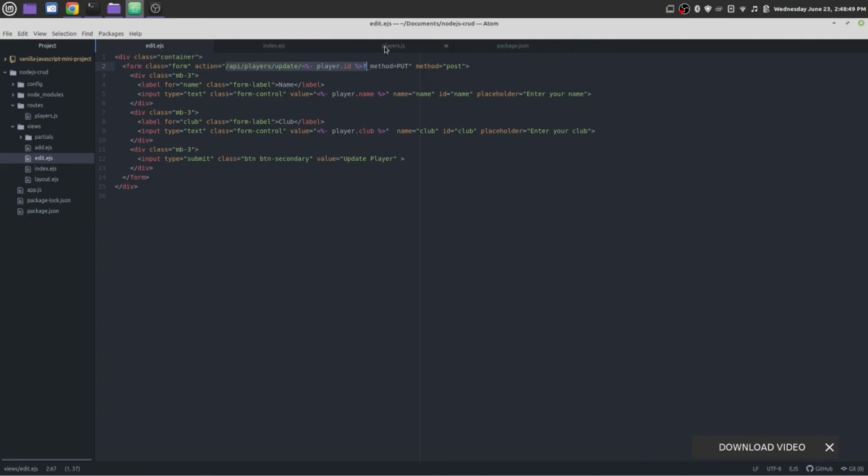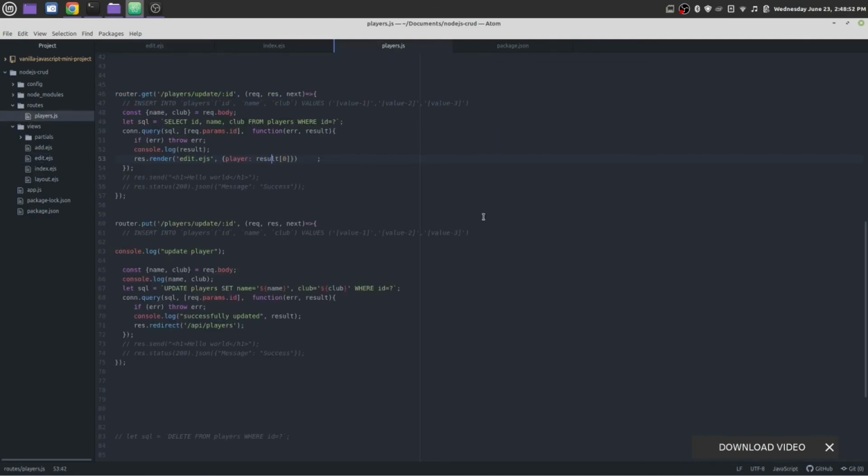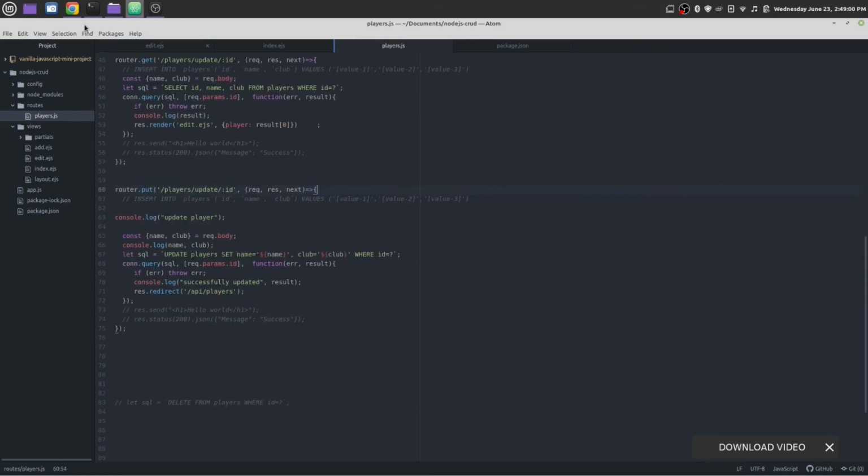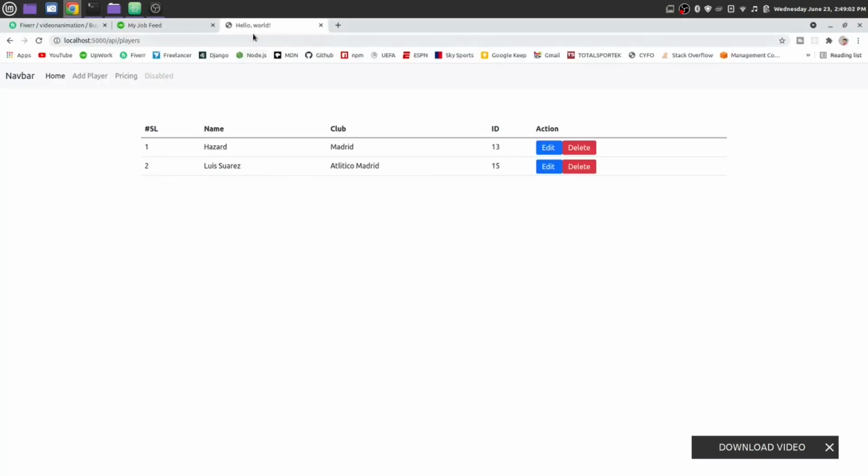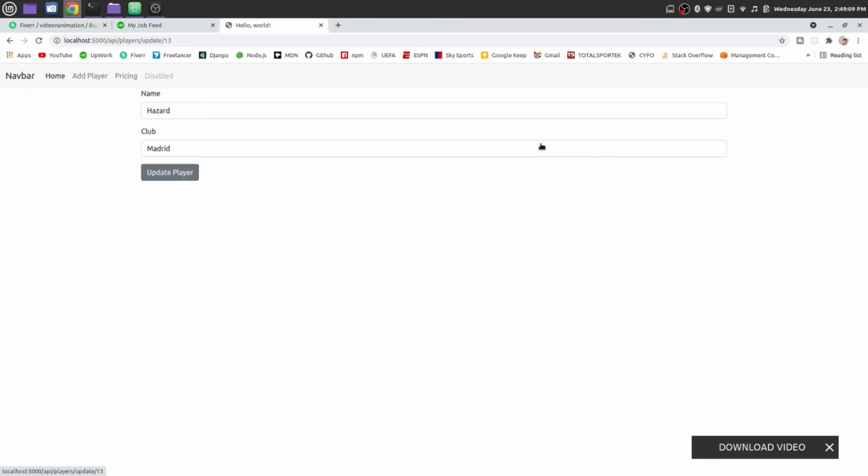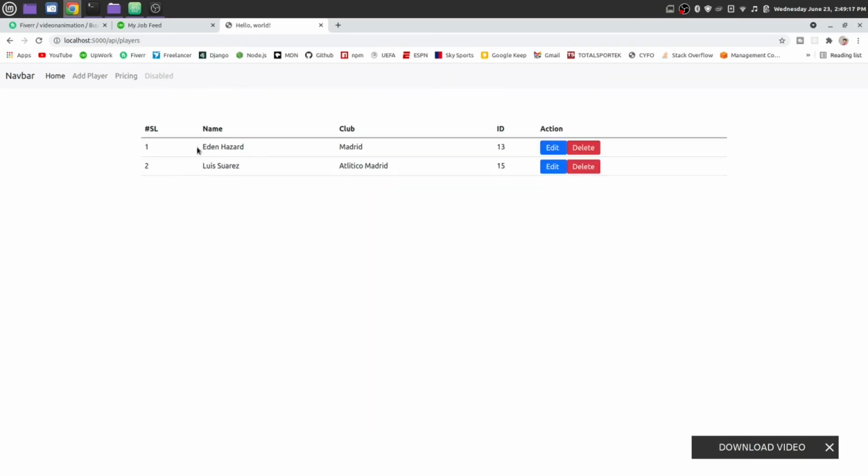Now let's check that API endpoint. This is that API endpoint. Okay, updating player, everything looks perfect. Let's try it out. Once again, open your browser, reload the page. From here, let's edit our Hazard, make it hidden Hazard, update player. It's updating perfectly. Okay, now